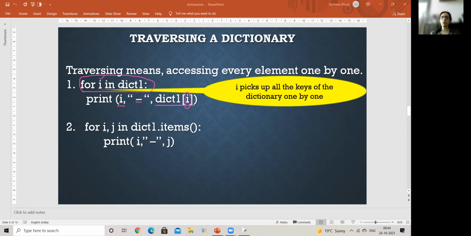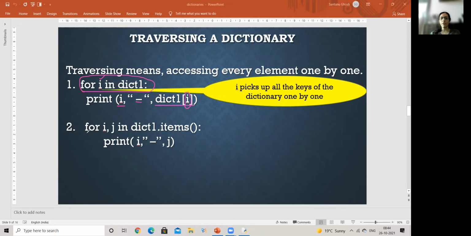Now, supposing I want to check one individual person's marks and then display that. So I will have to extract it one by one to do it. Right? I cannot do it by directly printing it. Correct? So, for that reason, this process is important. Okay, I'll just show you practically also.